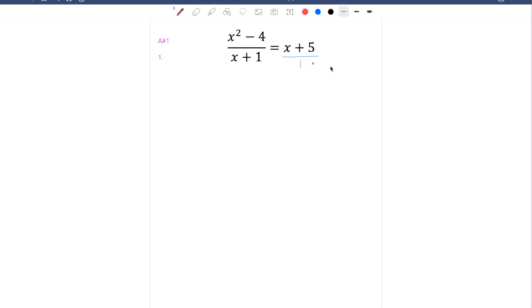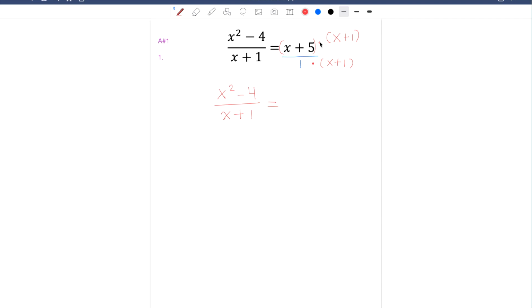1 times what will give me x plus 1? Because all I want is for them to match. 1 times x plus 1 gives me x plus 1. And if you multiply something to the denominator, you also have to multiply it to the numerator. So please don't forget. And I'm going to rewrite this. x squared minus 4 divided by x plus 1 equals, if you look at the numerator here, I have two